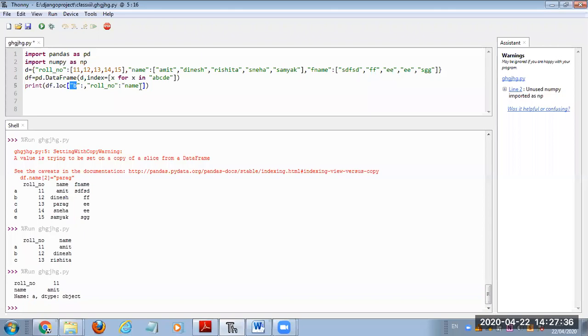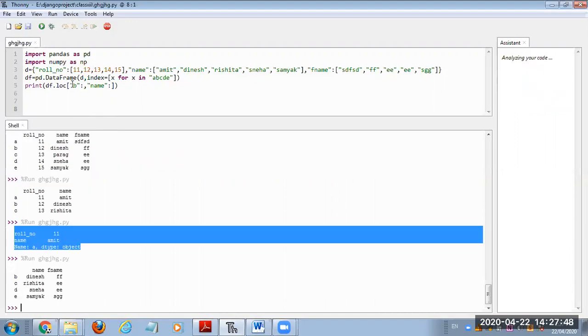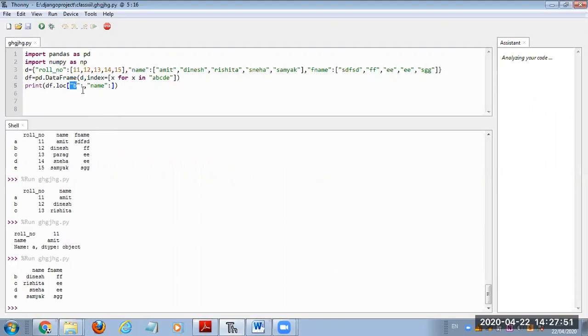And then suppose I am not providing this also, and I'm writing here name. What will it do? Starting row is B, so it goes from B to the last index E, and starting column is name, so it goes up to the last column, that is F name. So this will happen, same like the indexing method.